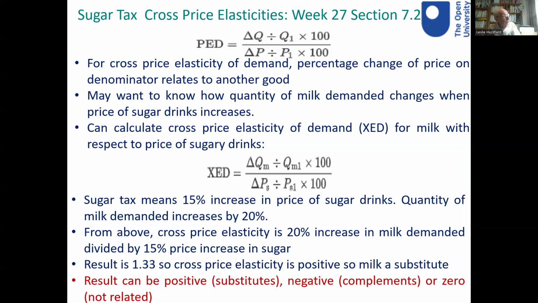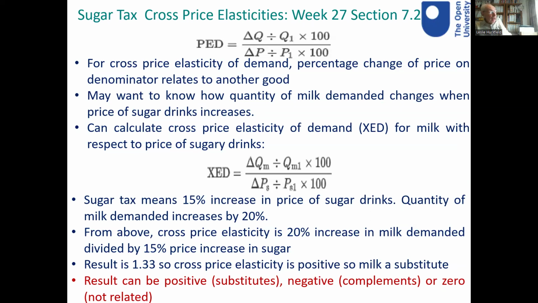And if you go halfway down the slide under the formulation, the sugar tax means that a 15% increase in the price of sugar drinks, so the quantity of milk demanded increases by 20%. In other words, the cross-price elasticity is a 20% increase in milk demanded divided by a 15% price increase in sugar. Because that's a positive result, it shows that the cross-price elasticity is positive, so milk is a substitute for